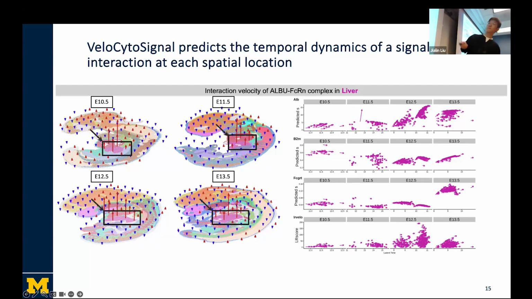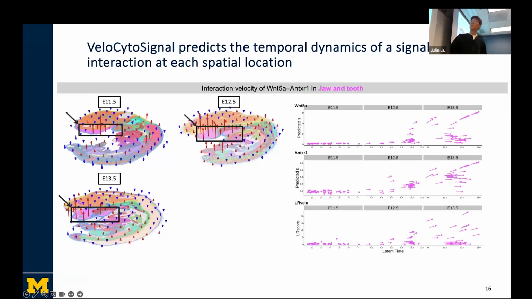And by having these 3D arrow plots, the red arrows mean it's increasing, and the length of the arrow indicates the extent of how dramatically it's changing, and the blue arrows indicate it's going down, the activity is decreasing. So you can see across four time points it really highlights this extremely increasing activity in the liver. And here are some arrow plots for the dynamics of each individual gene.